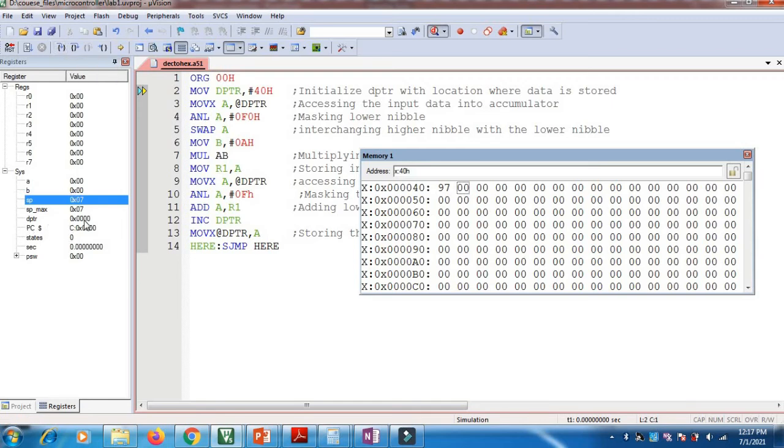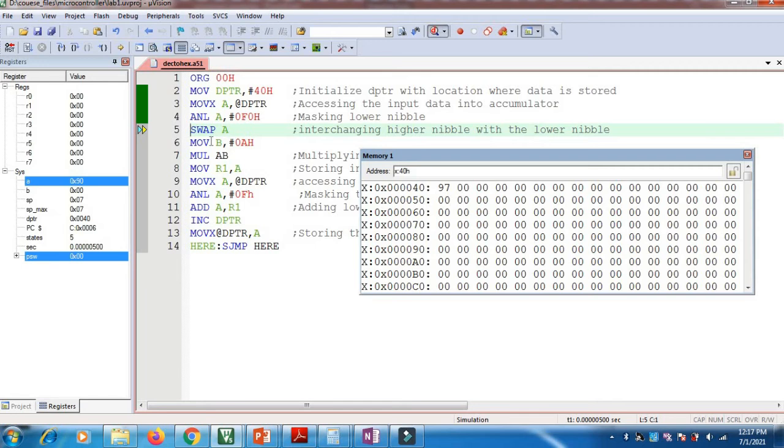Presently DPTR is initialized with 40H. Now DPTR is loaded with the external memory address, and the accumulator is having 97H. After ANDing the accumulator with F0H, the accumulator is having 90H. Now the swap instruction will exchange the lower nibble with the higher nibble.